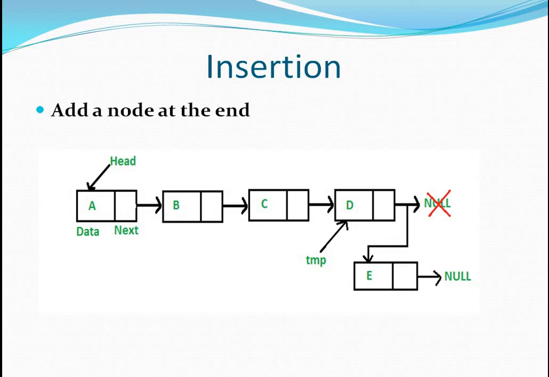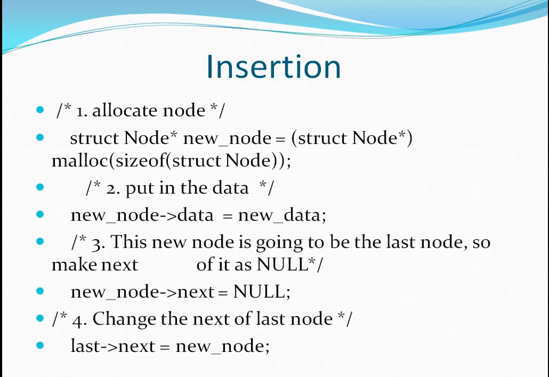Now here we are going to insert a node at the end. When I insert at the end, I have to change two pointers. E will be the new node which I will create, its next field will become null since it is the last node, and D, which was previous to this E, is going to have the address of E. So now the concept is clear to you. So let us see the insertion at the end. So this is how we are going to insert. Here again I have created the new node, and I have assigned space in memory with the help of the malloc function. I have assigned the data, and see, new node next will become equal to null, and the last next will become equal to new node.